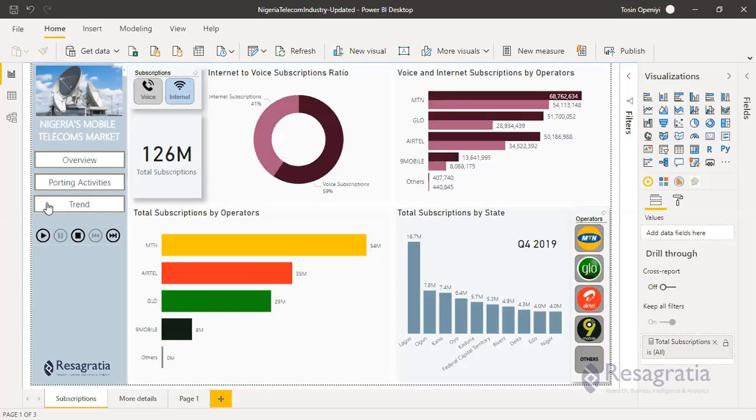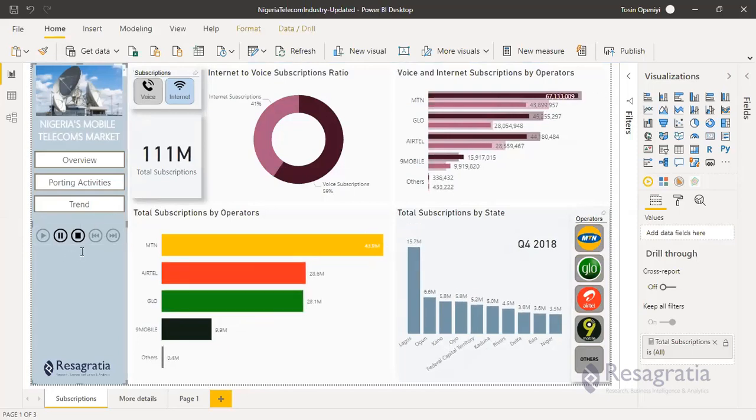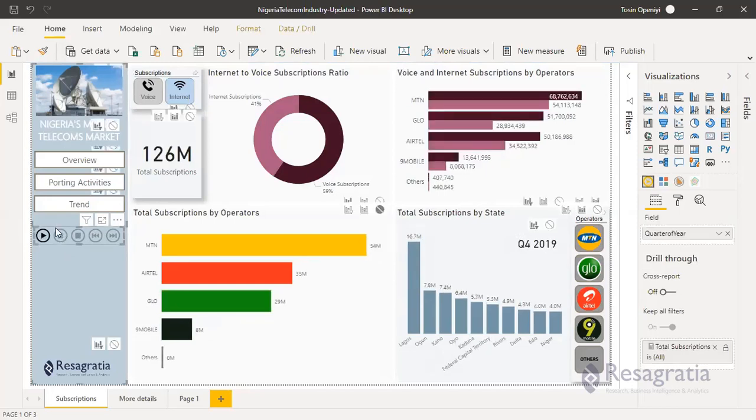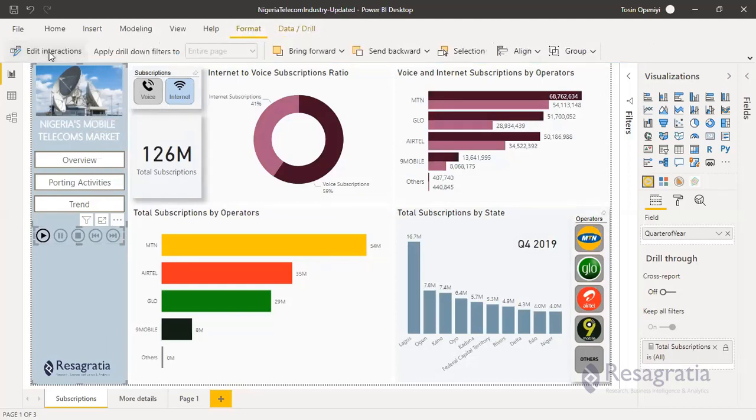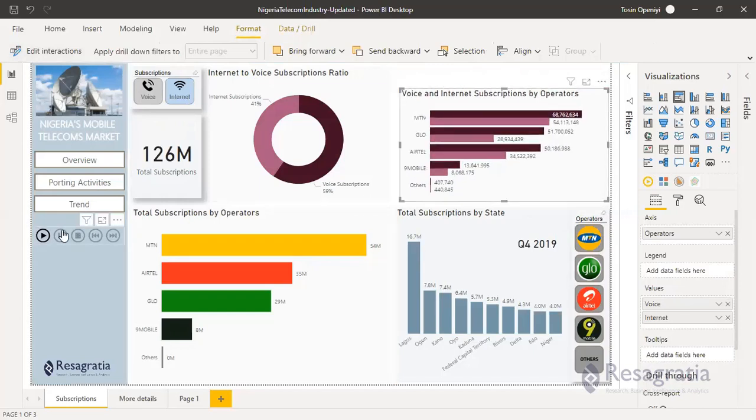I know something we did the last time. It's going to take just less than 1 minute. All right, so for voice, you see the performance. Okay, so I saw something now. Need to stop this. Stop. Okay, so play axis. I need to edit the interaction for this internet and voice. Just quickly, I'm going to do that too. So that's good. Come to edit, for me to see what I'm going to work on.